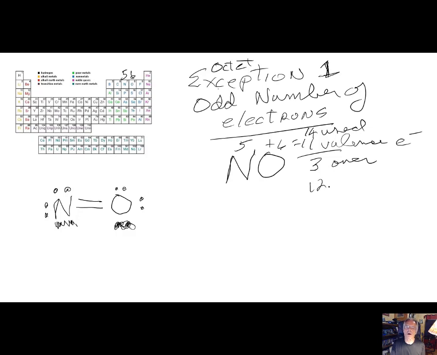I've still got 12 electrons in my structure, and it can't possibly be so because nature gave me 11 valence electrons. It did not give me 12. So I have to make a choice as to which one of these atoms gets its octet, and which one has to do without. And the fact of the matter is, as you go across the periodic table in this direction, effective nuclear charge gets higher and what we call